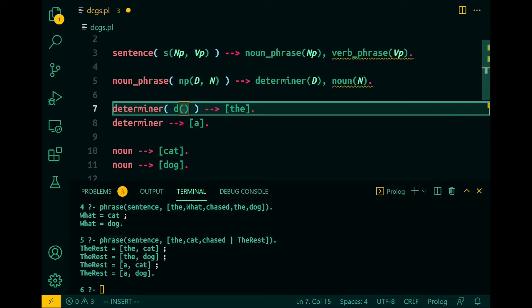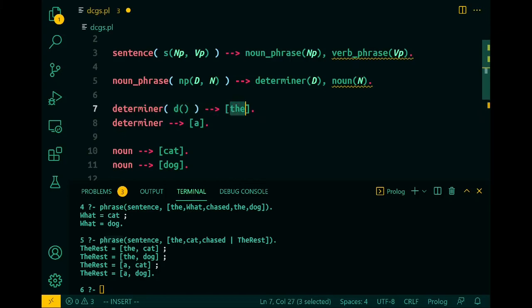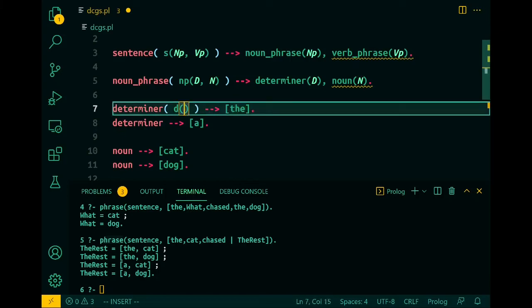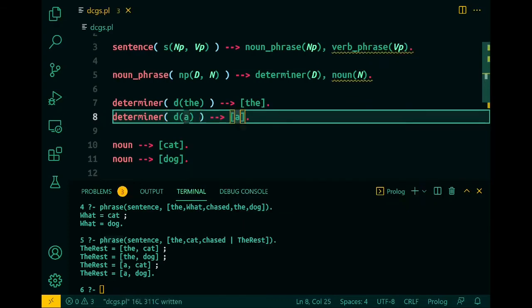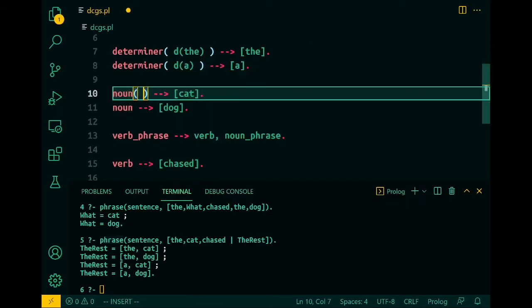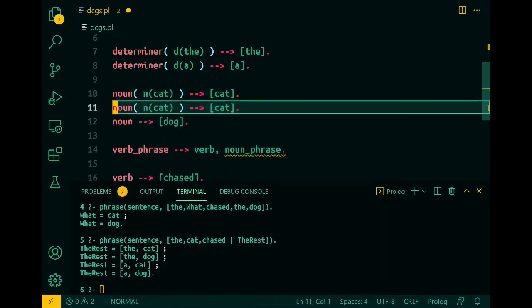determiner. We'll use the D, just a small d for the data structure. And then I want to transmit this information along with it. This is optional. You don't have to do this. If you just want to know the structure, the tree structure, we could just say, oh, we don't care about the actual words at the bottom of the tree. But I do. So I'm going to put this exact same atom in here. And we'll do the same thing here, D of A, because we're using the word A here. Noun, we'll do the same thing here, and I'll use N instead of noun just to be unambiguous. Cat and